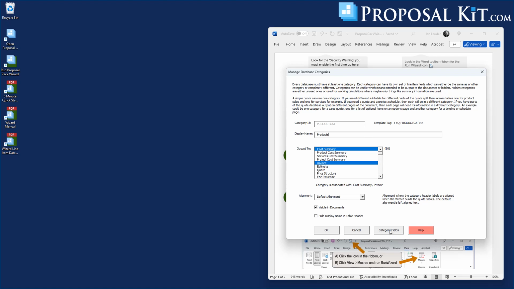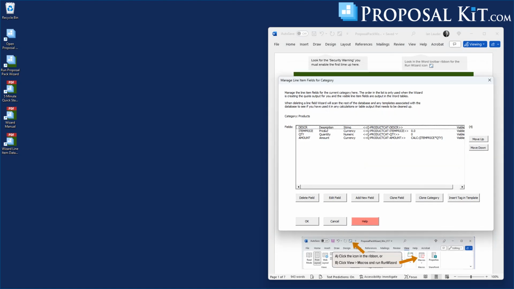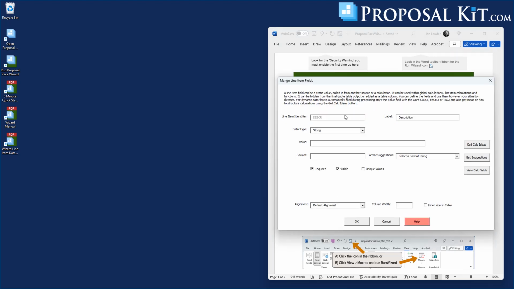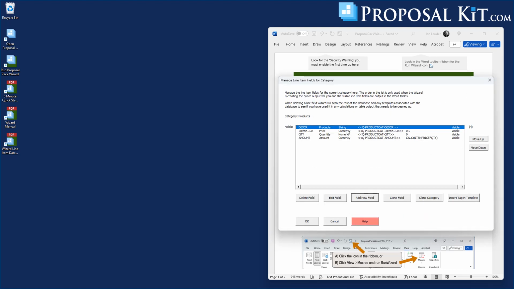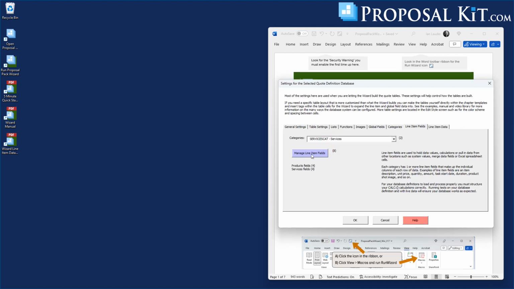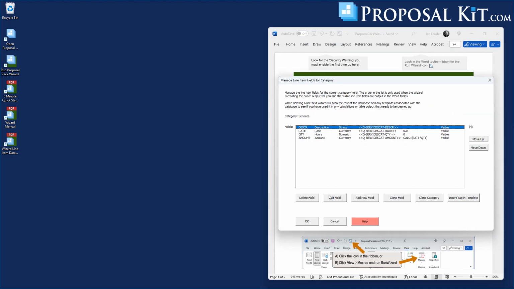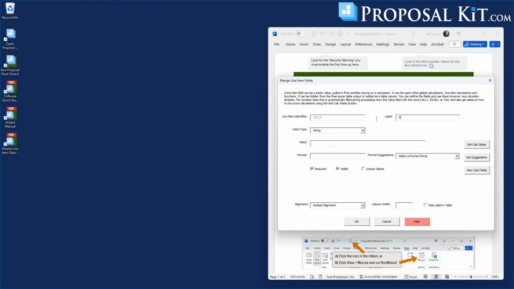If I'm going to go into the category fields, so for the product category it says description, I'm going to edit this field and I'm going to change description to products. And notice I have some other fields here where I can change the alignment, the column width, hide the label. We're just going to change the label. Now if I go edit the services category, change that description to services,